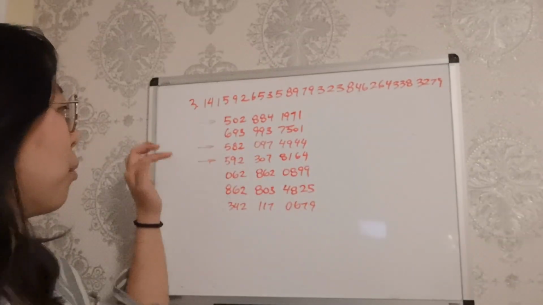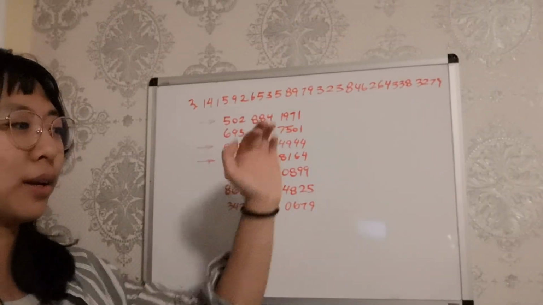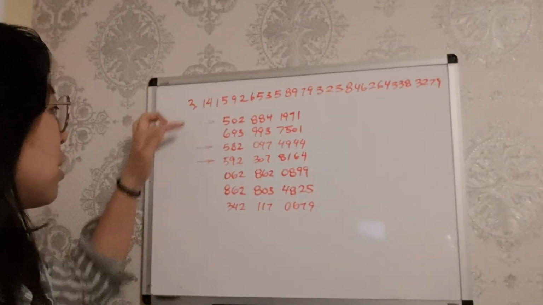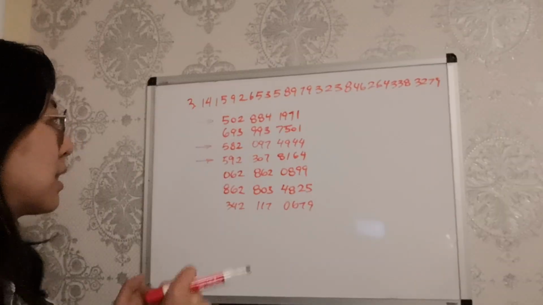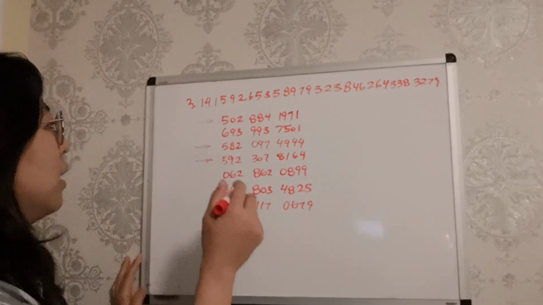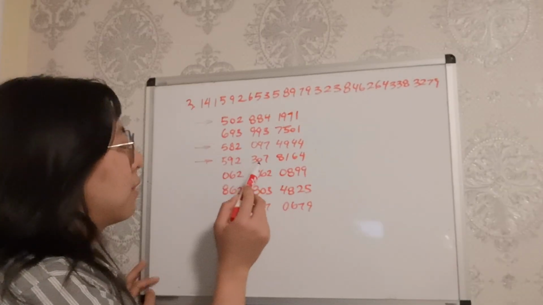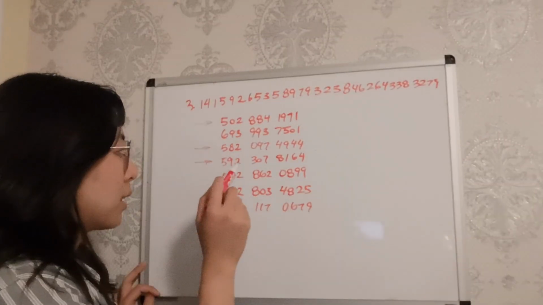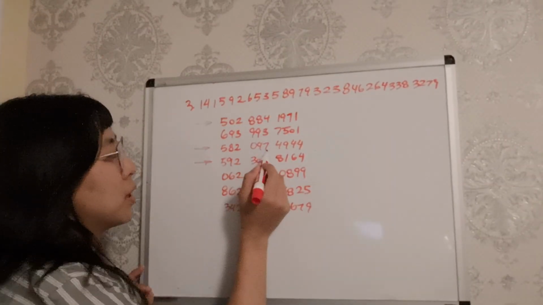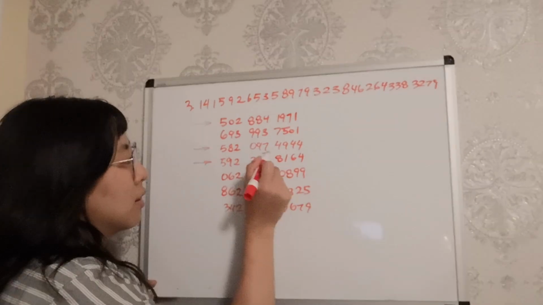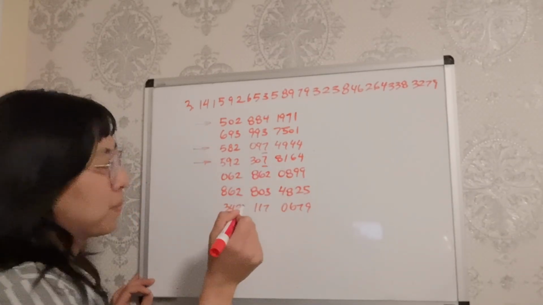And 8 and 9 are 1 apart, so it's easy to remember that it just goes up by 1. It goes from 0 to 8 to 9, so it's always increasing. That's easy to remember. Also, for the 582 set and the 592 set, the 582 set also has this middle one that ends in 7, right? So we've got these two 7s here.